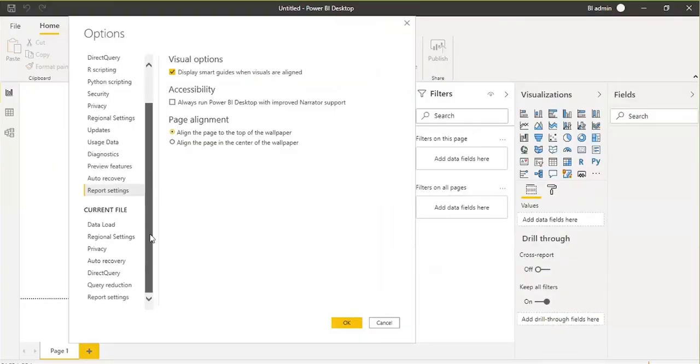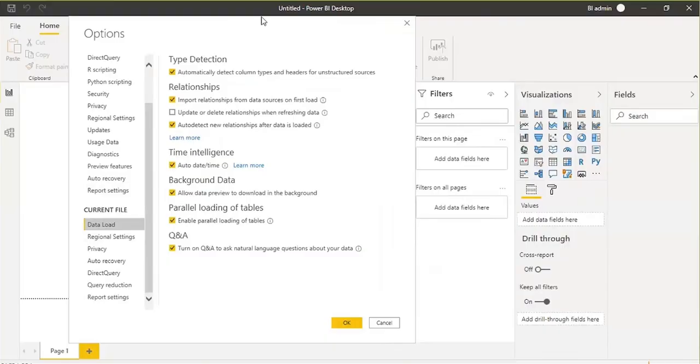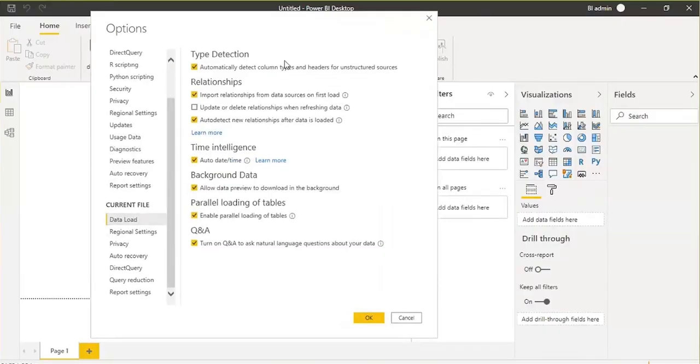All right, next we have the data load settings, especially for time intelligence and relationships. I have already advised you not to enable this auto detect feature. Otherwise, sometimes it creates wrong relationships and you will get stuck figuring out what's creating the problem. So always disable this. It is only recommended when you have a highly normalized or highly configured database or data warehouse. Other than this, it's not recommended to change anything here unless it's required.